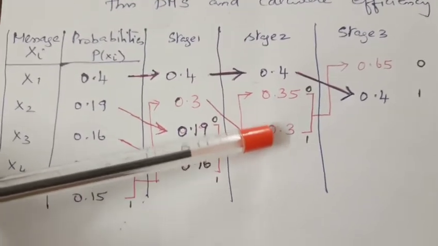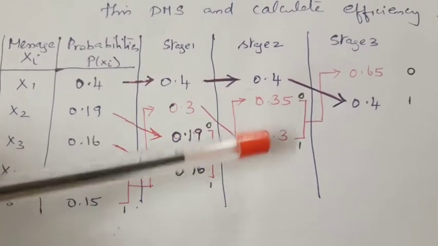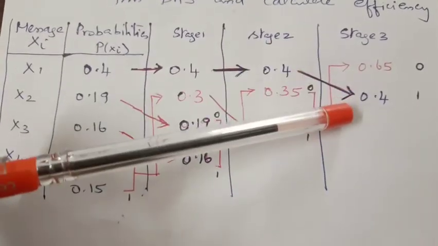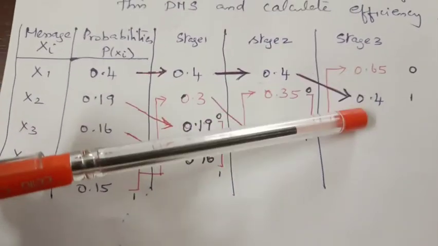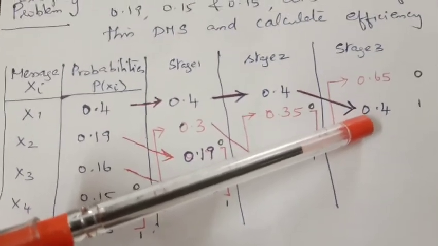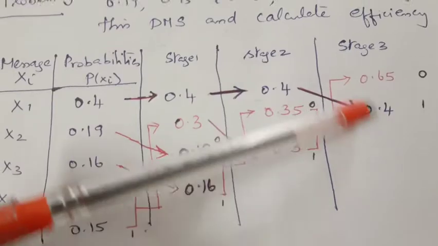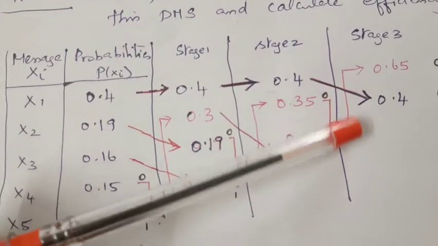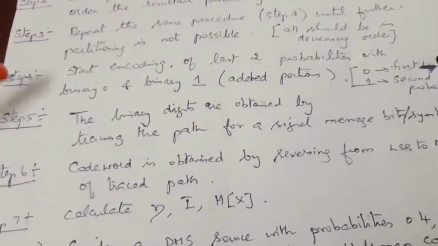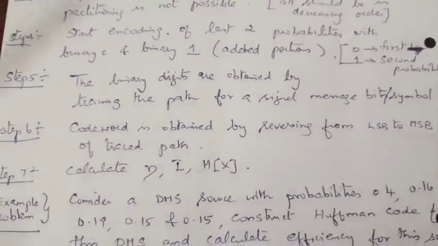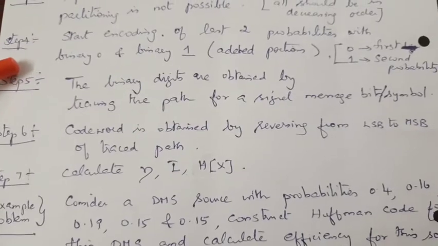Again repeat step 2. Add the lower two probabilities: 0.65. 0.4 will come down. Now you add these two values, it will become 1. The total probability of any occurrence should be 1, so there is no partitioning beyond this. Your partitioning is over. Now we come to steps 4 and 5. Step 4 states that if there is no partitioning, binary digit 0 will be assigned to the upper, binary digit 1 will be assigned to the lower.